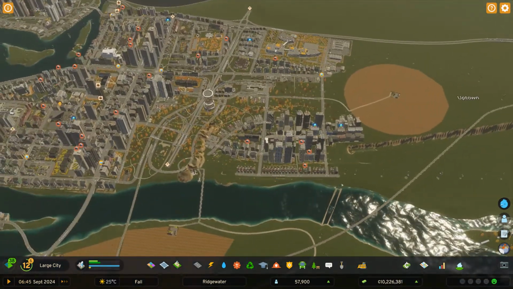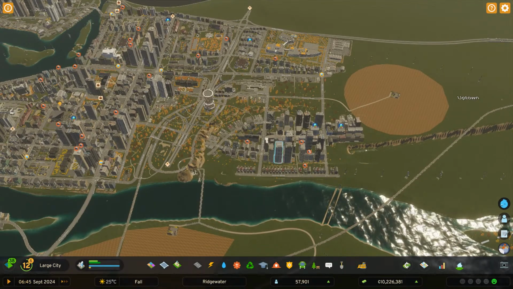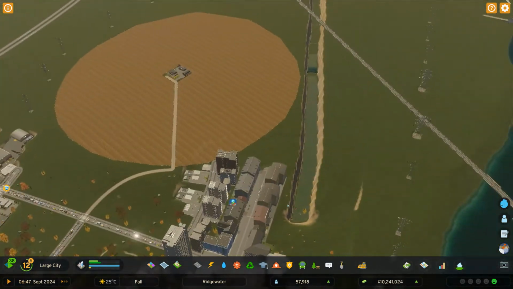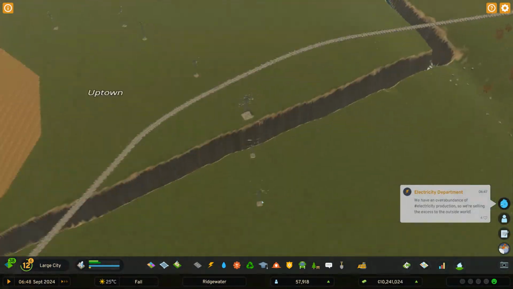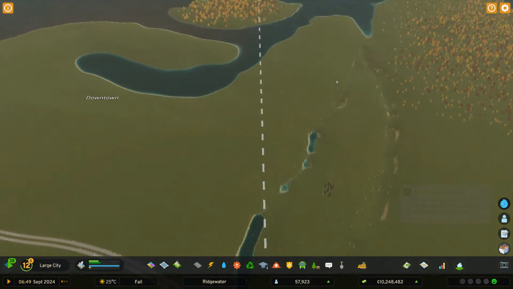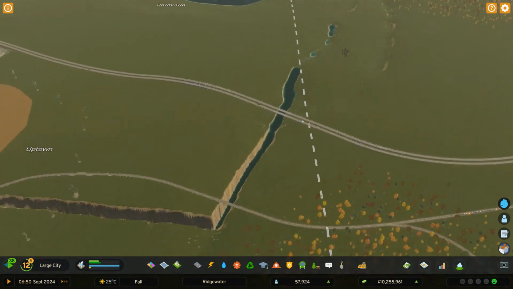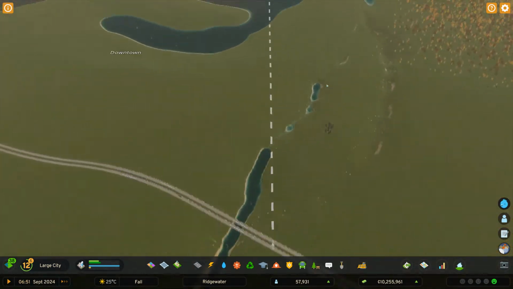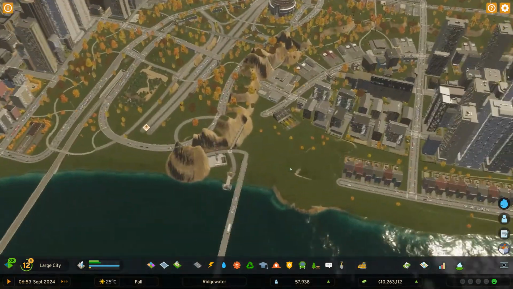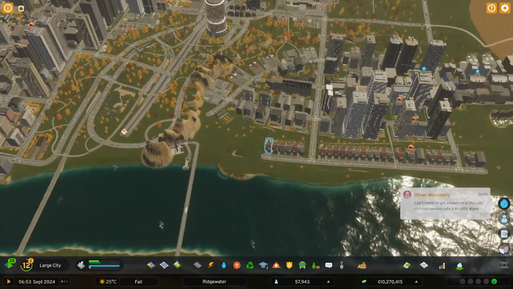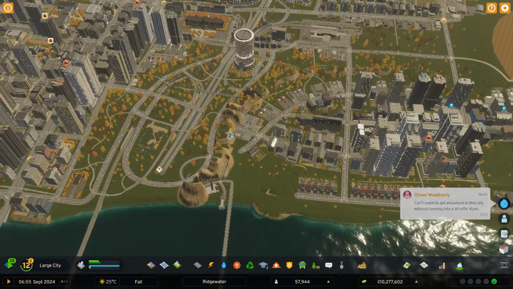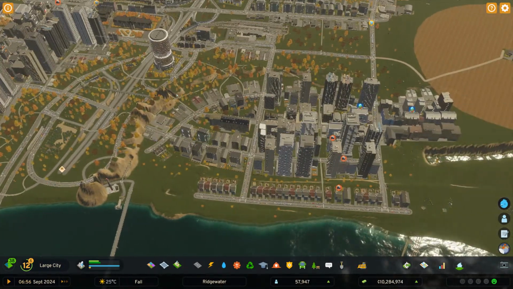So in the past few episodes we've had problems here with flooding, and it's meant that we've had to create a gully in order to get the water to leave the area. This water is now sort of laked down here, but it should eventually work its way out of the city into the sea. So I think in this particular episode, I really want to lean into this a little bit more. And where we've got a little park area here, I think what we're going to do is probably first off